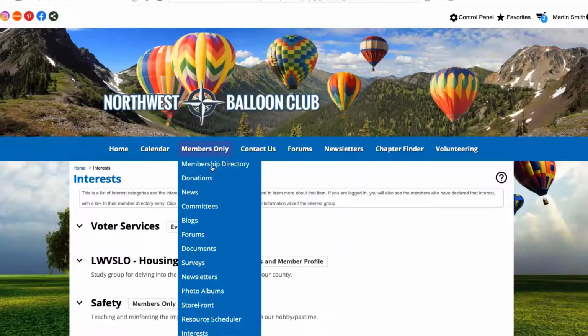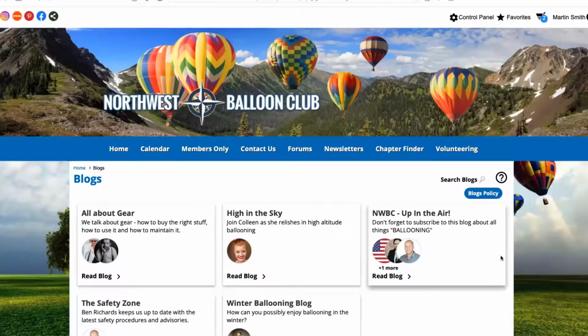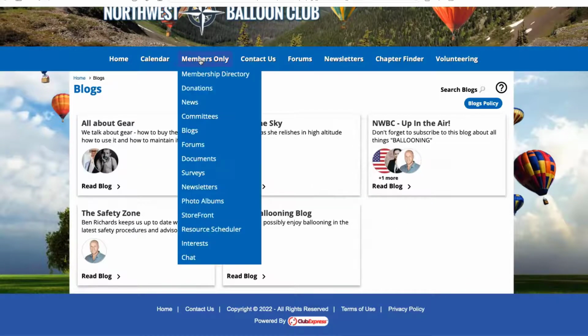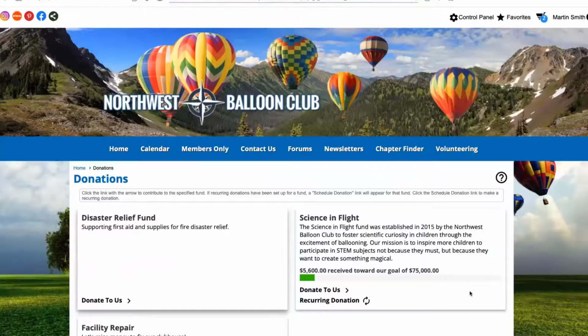When I go to blogs, similar interface. It's this cards interface we're now trying to use consistently. And you can jump in and read individual posts within the blog. And finally, there we go, donations. Similar interface for